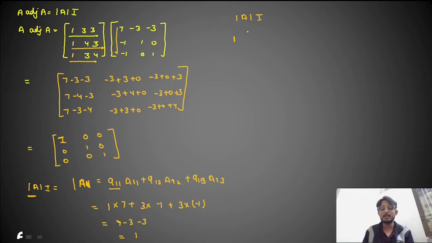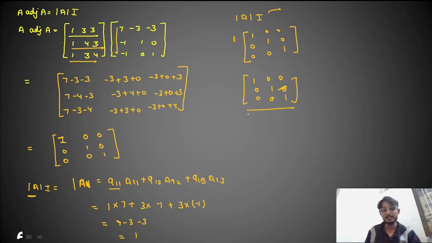And what is the identity matrix? Identity matrix means like this. You have to form the identity matrix of 3 cross 3, which will be 1 1 1. It means a square matrix in which all diagonal elements are equal to unity is called an identity matrix. Now you will write it here as 0 0 0, and when you multiply this with all, you will get 1 0 0, 0 1 0, 0 0 1. Are both equal, this matrix and this matrix? Yes, both are equal, so we have proved it.